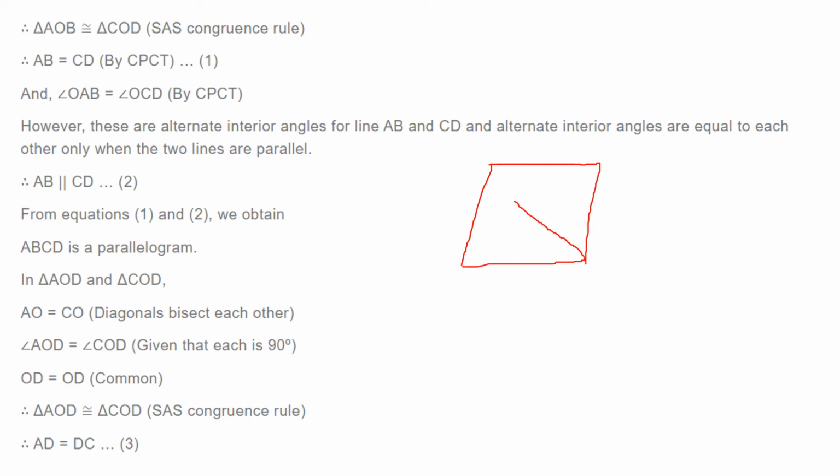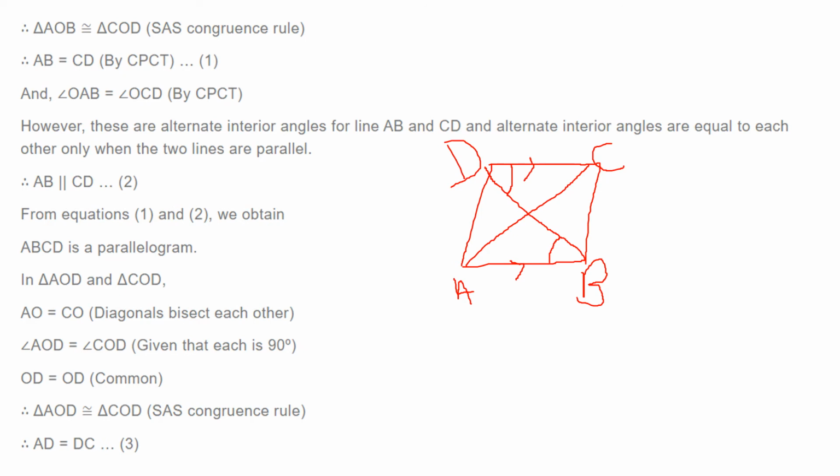So, if the opposite triangles are congruent, students, you can say that AB equals CD. If this is AB, you can say that AB is equal to CD. Okay. If AB equals CD, now you can take it by CPCT. Now you can take that alternate interior angles are also equal by using CPCT only. This is equal to this by using CPCT. If alternate angles are equal, you can say that AB would be parallel to DC.